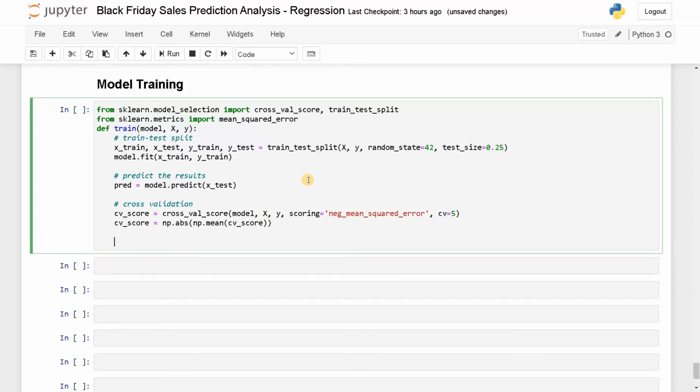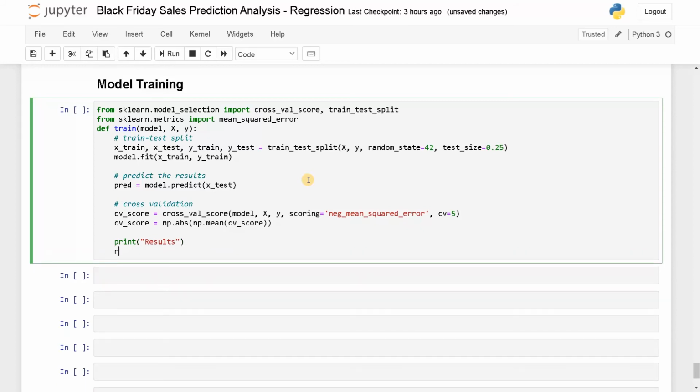We need to print the results. So print results. Now in the next line, print our model MSE, comma, mean squared error of y_test. So this is the actual values and prediction.